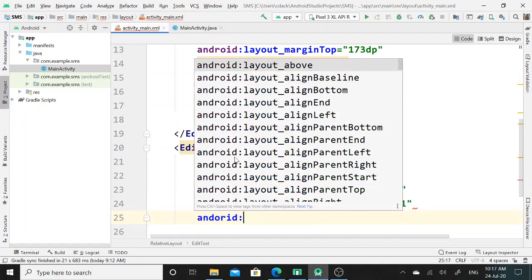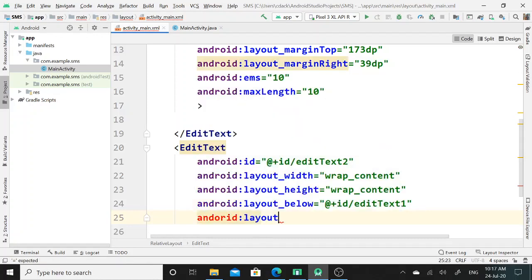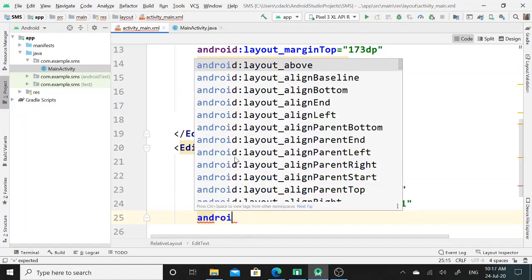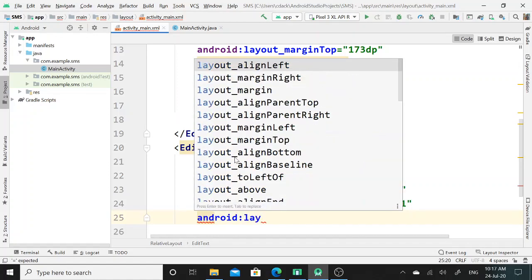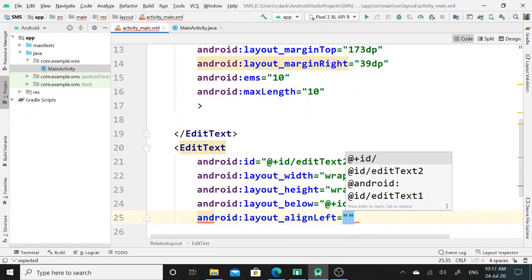And now I will set next property for this edit text 2, that is layout underscore align left. Again, here I will enter the ID of edit text 1.